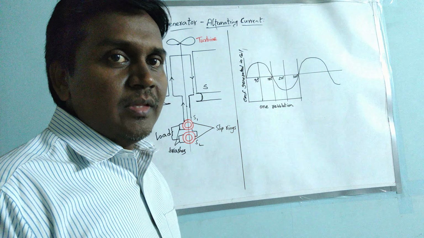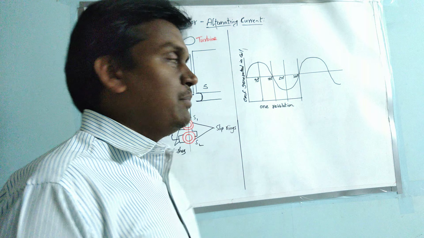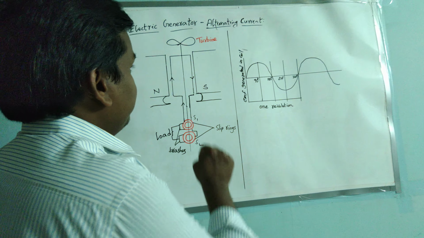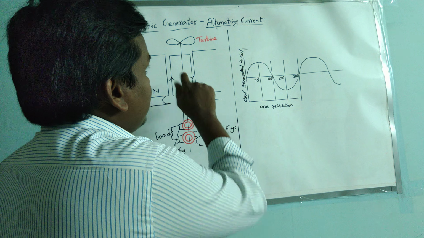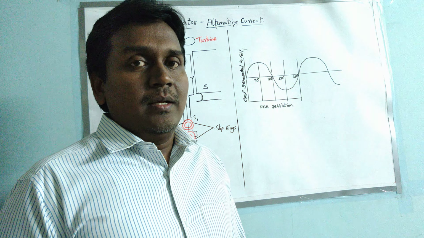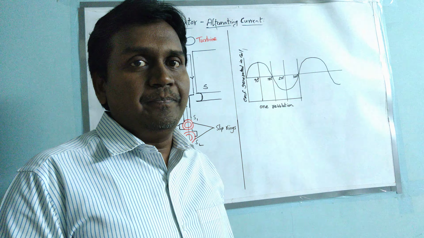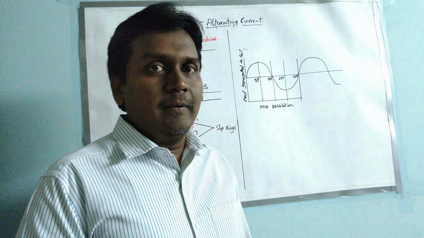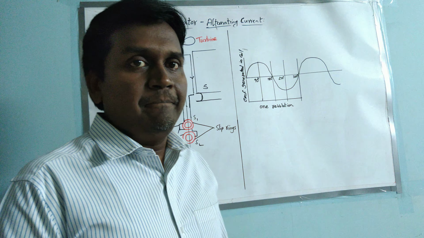Here the reverse process should happen. That means in a uniform magnetic field, a rectangular coil, that means armature, is placed here and we have to rotate it. By rotating the armature, that means shaft, we can generate electric current. So reverse will be possible here. So here we have to place a handle to rotate the armature. Or some more things may happen.